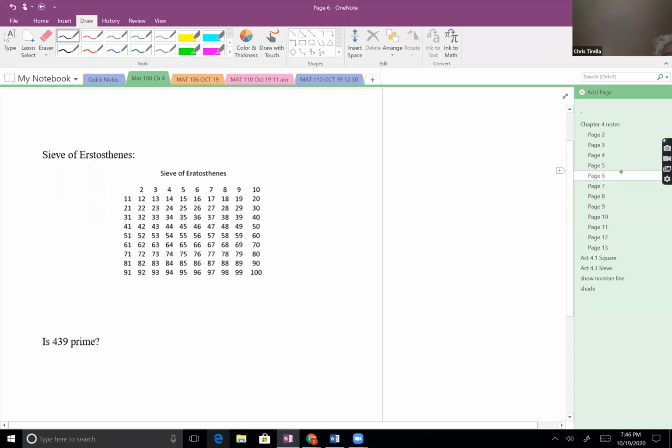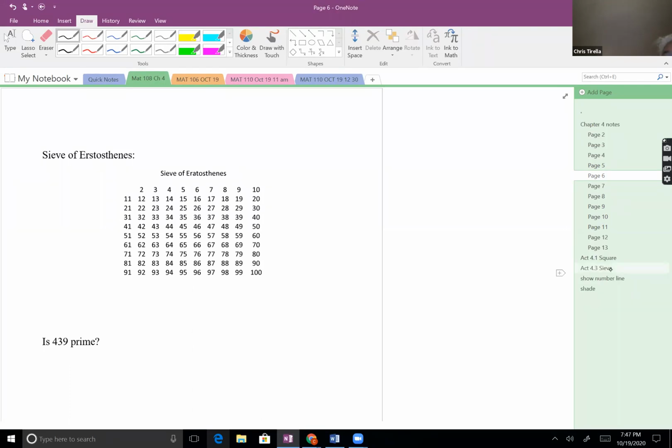And it's something that's called using the sieve of Aristophanes. And so initially I was going to just use this sieve of Aristophanes, and we'll go back and fill this in a minute. But